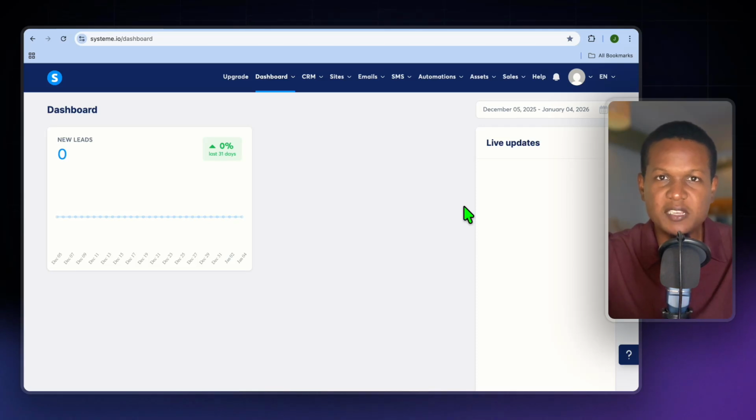One of the biggest mistakes beginners make in Systeme.io is thinking you can only sell one product at a time. But in reality, you can sell multiple products, bundle them, and also upsell them, and even automate everything. Today, I'm going to be showing you exactly how to sell multiple products in Systeme.io step by step, even if